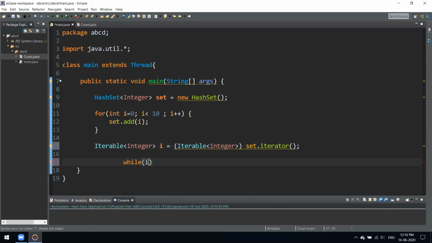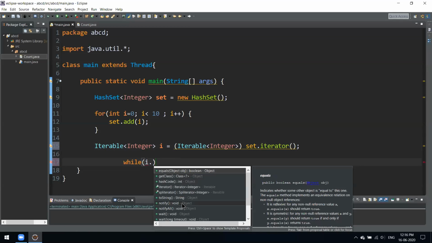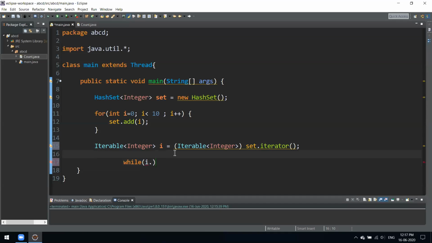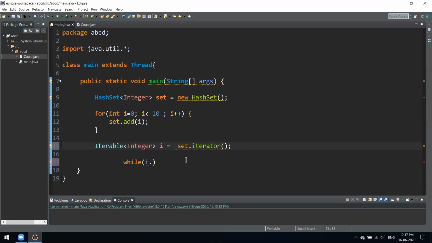And while i dot... why is it throwing us an error?